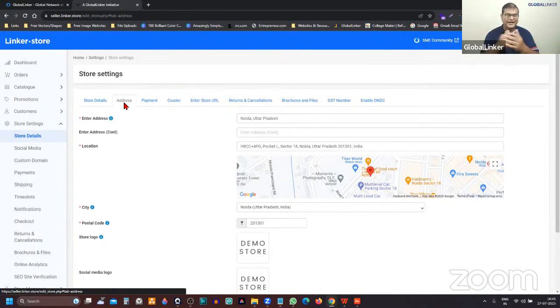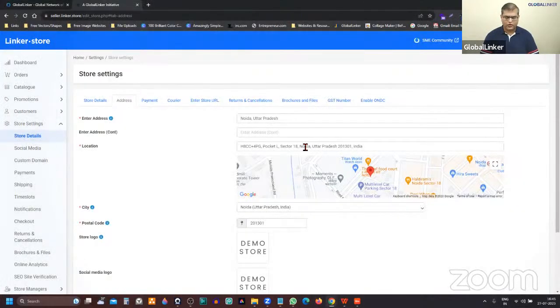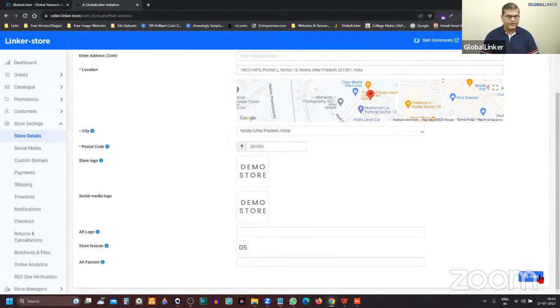And then you'll reach out to the help desk and we'll tell you that this is the mistake which is there. You haven't updated your Google location, and that's why it is not working. So just to avoid all that hassle, very simply, come to the address tab, just check the address is added properly and the Google location is updated. So just two checks. This is where you'll see the address. You can just review and update it. And this is where you have the Google location. So just update it. Once you are done, click on save and the address is updated.